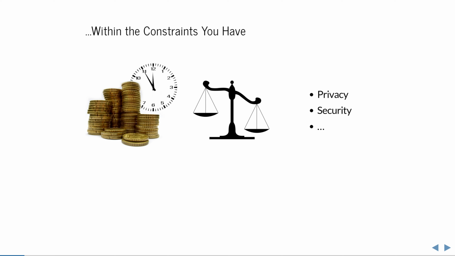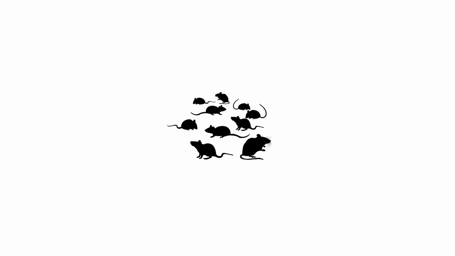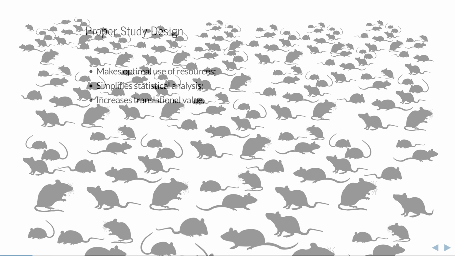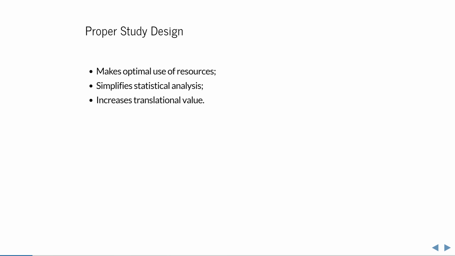Collecting more observations is costly and takes more time. And suppose you can answer a research question using 10 laboratory mice, then it is hard to justify using 20, 30, or even more. This is why study design is so important. How do you set up an experiment such that you can answer the research question to a satisfactory extent with limited resources? And even more important, how do you make sure that the conclusions drawn from your experiment are actually